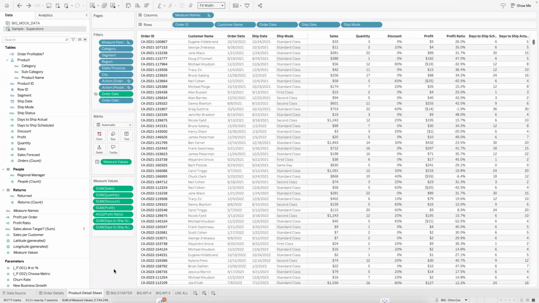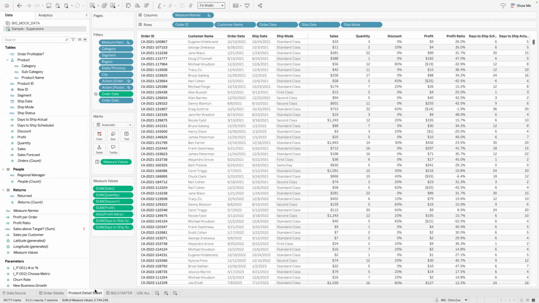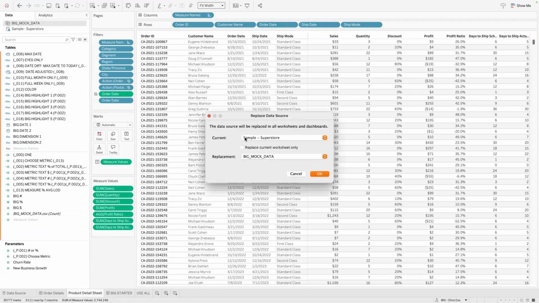This is typically what we see: a lot of people build crosstabs. I'm going to show you how I would think through this. First, I paste it into my starter dashboard, which makes it handy. Then I swap the data source from my mock data to my new data.